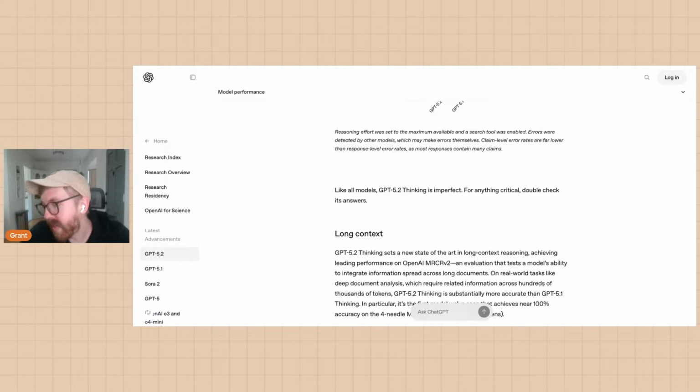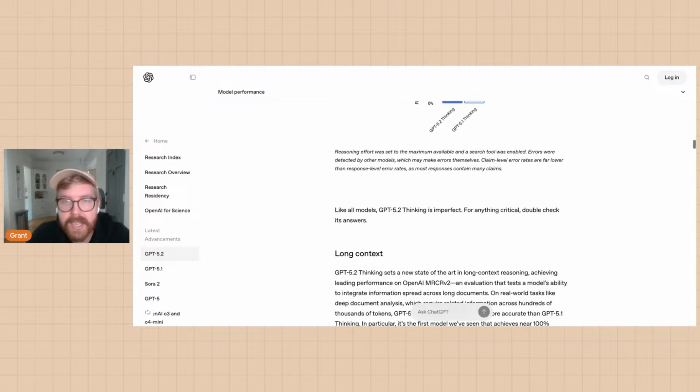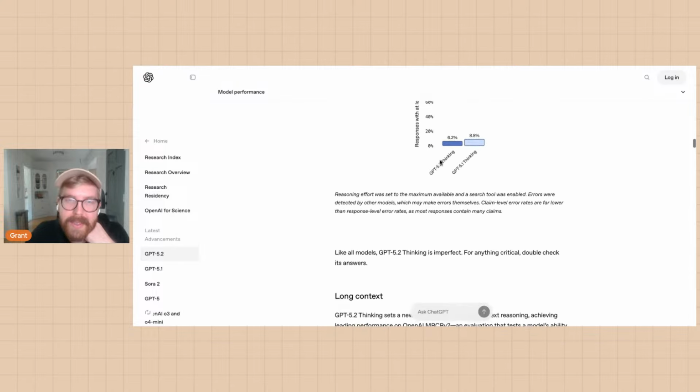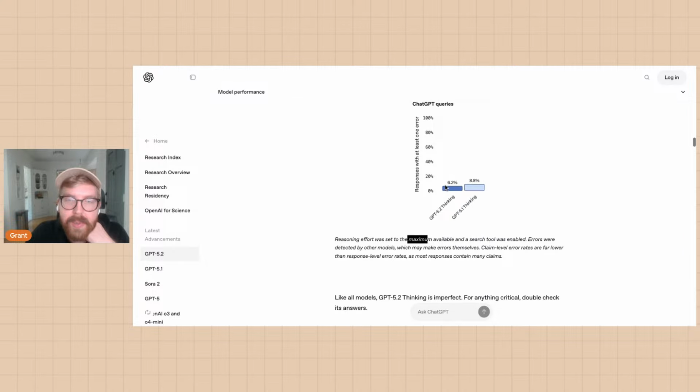Okay, so putting this in context, I think right now GPT usually defaults to web search for most tasks, but anytime you're dealing with any factual stuff, number one, have the AI use web search to actually look up the latest information on this point. And number two, physically check that yourself. So not only do you want the AI to go research, you want to then double check to make sure what it's saying is actually correct. So this is saying that it gets to 6.2% errors only if you're using the maximum reasoning and a search tool is enabled. So keep that in mind.